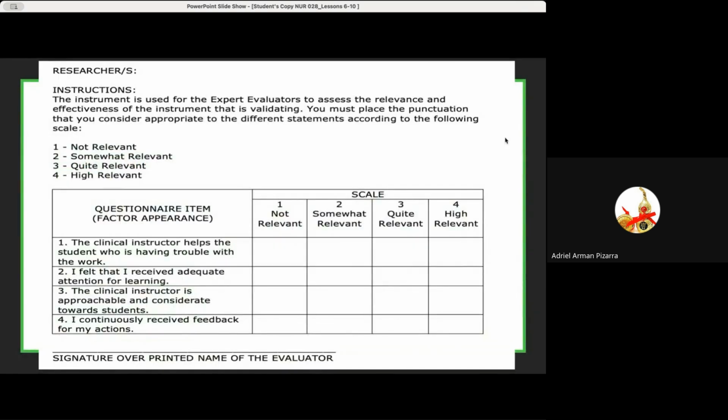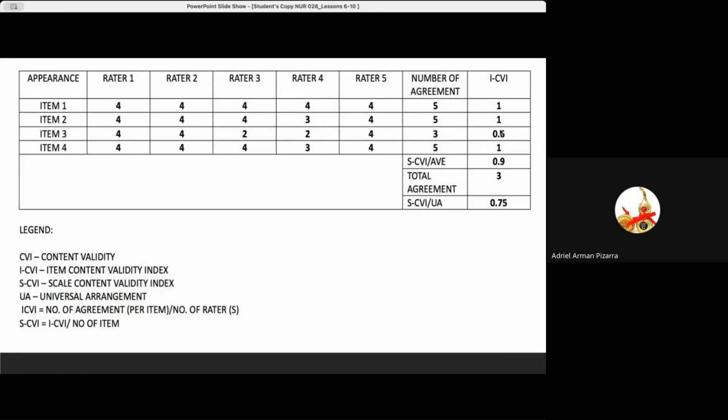Perhaps for the evaluators' tool, they can provide certain comments and recommendations if they could. So for this scale, probably in the bottom part, before they affix their signature over printed name, suggestion lines will be provided for them to suggest if needed. Okay, so focus also on the 0.6. Probably add a comment here, since the construction of the sentence is good. It's actually good, but you really have to do better,